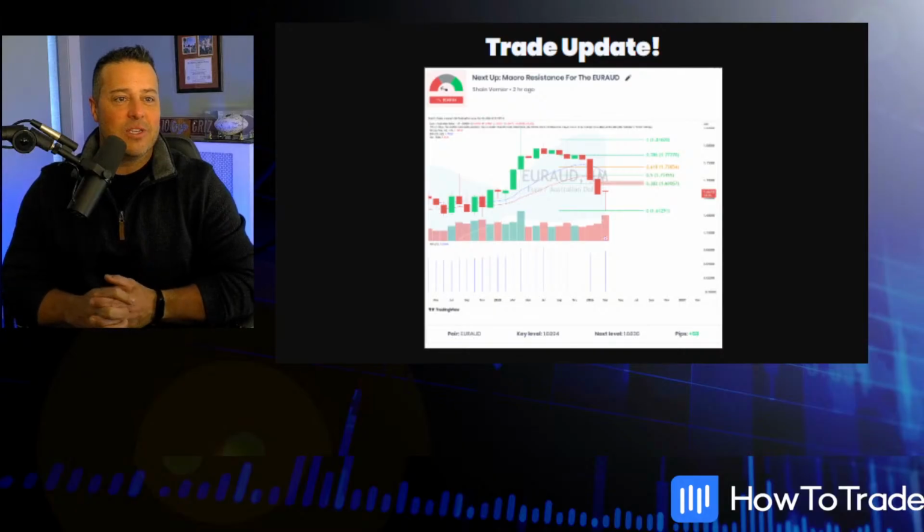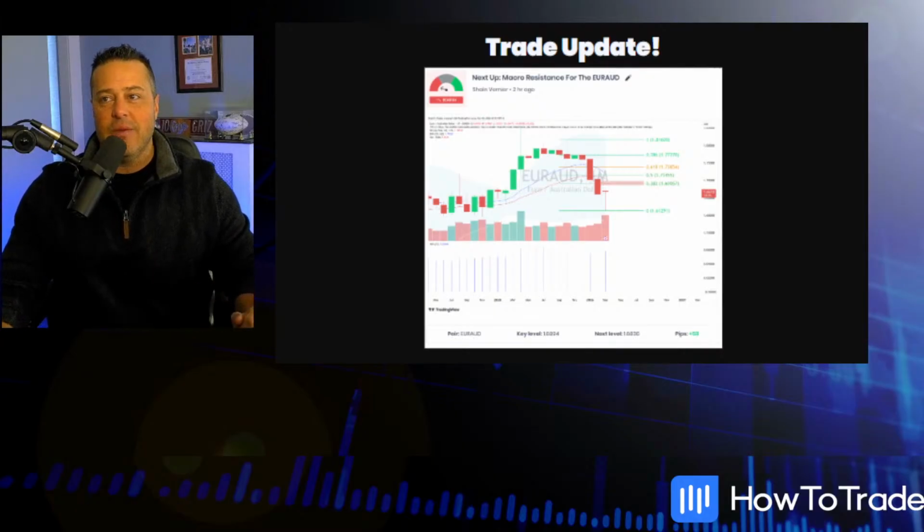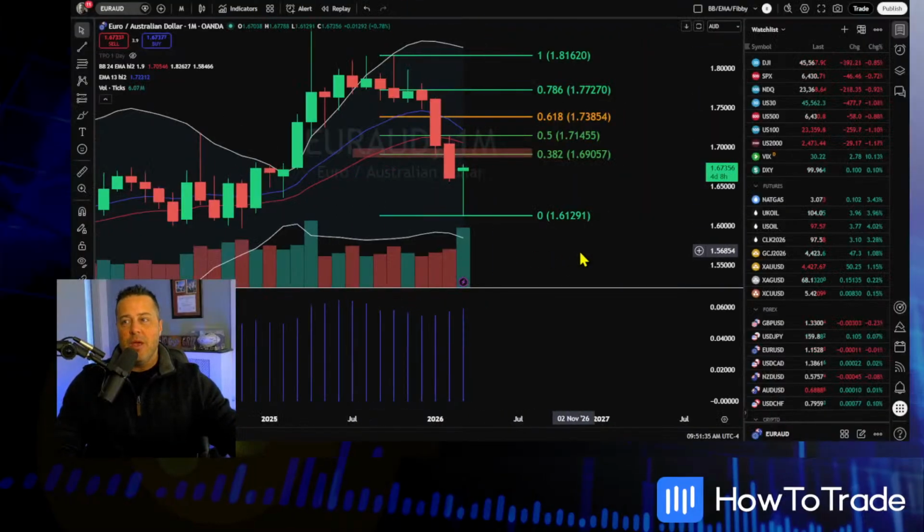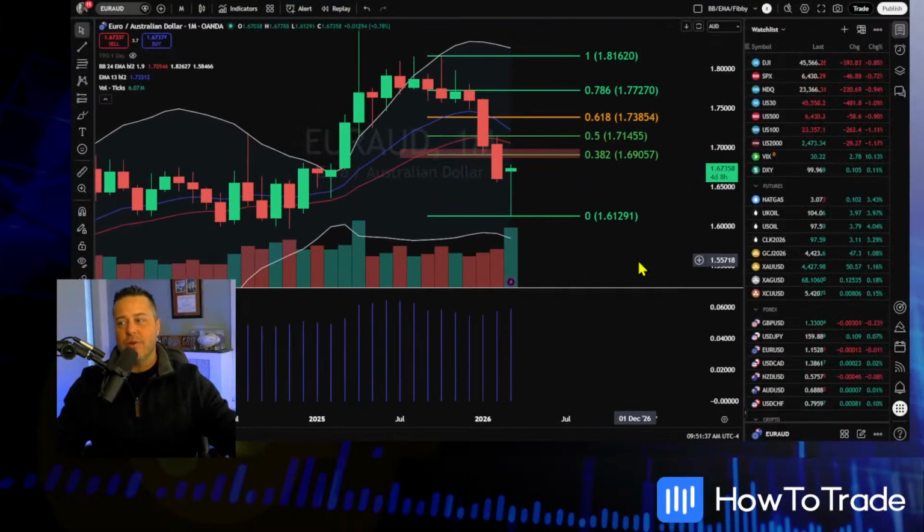All right, trade update. Next up, the macro resistance for the Euro Aussie. This is a trade idea that we put out yesterday morning. It's coming into our wheelhouse, so that's fantastic. Anytime that you see the U.S. dollar trending the way that it's trending, or the volatility that's hitting the U.S. markets because of the Iran war, sometimes it's good to step back and trade something that really isn't